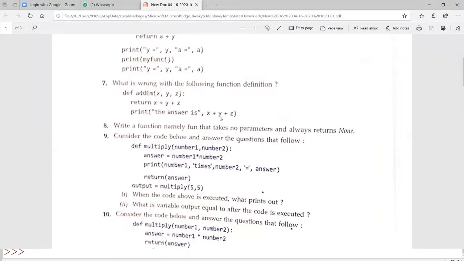Then what is the purpose of writing this here? Generally, whenever you have a return statement, the value will go to the function call. You can print from that place. If you are doing that, you don't require this print statement. Suppose you are printing here, you don't require a return statement, because all we want from this program is the value of x plus y plus z.